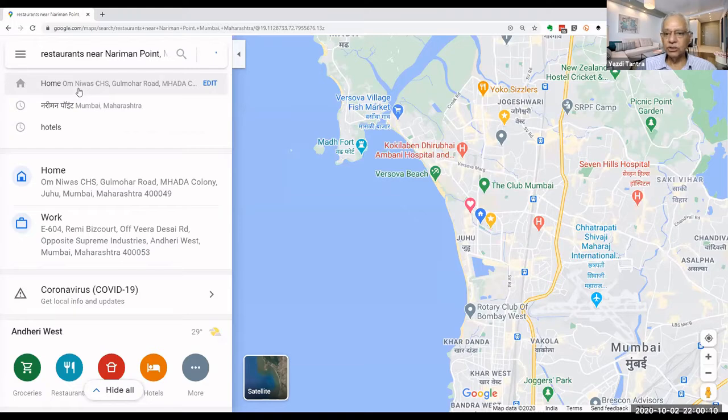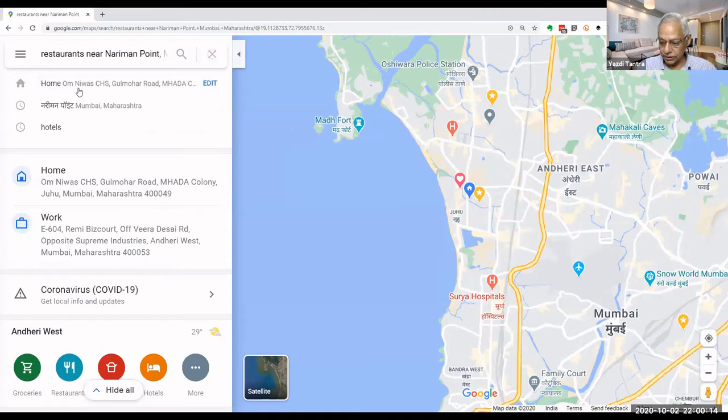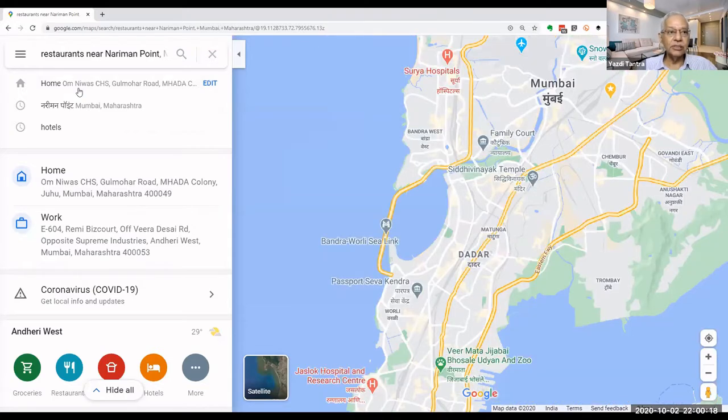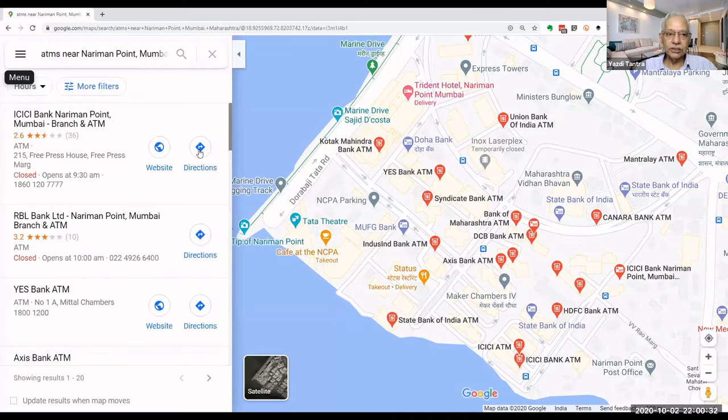Okay, so it is showing me all the restaurants in and around Nariman Point. Yes, you can also say ATMs near Nariman Point. So if I'm going to Nariman Point and I say ATMs near Nariman Point, it will show me all the ATMs near Nariman Point. Can you see on the left, it is showing me the exact location. I can click on directions